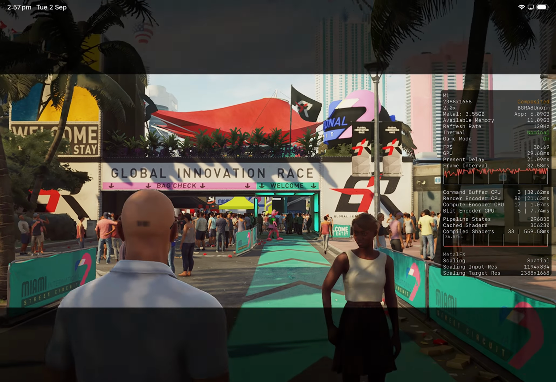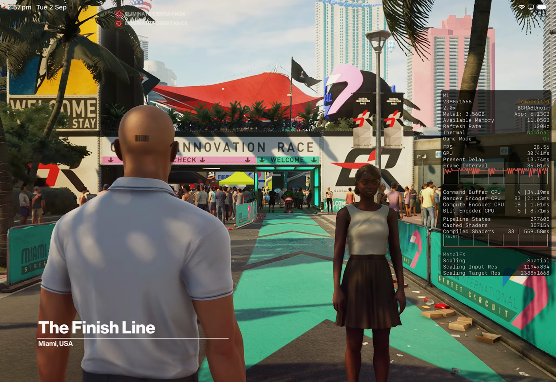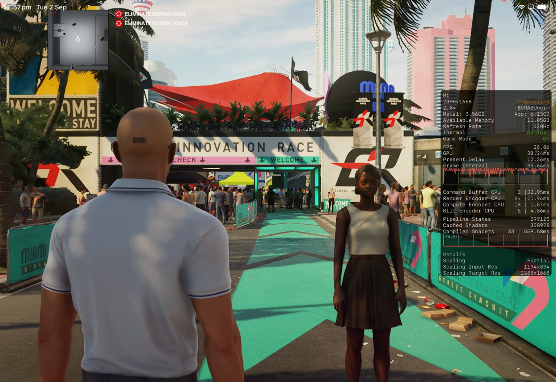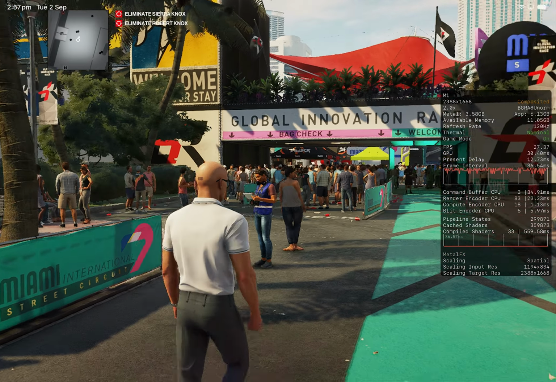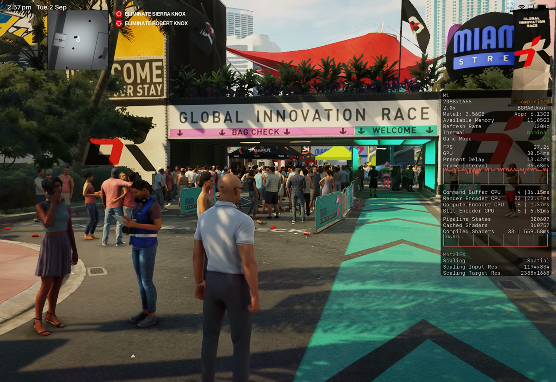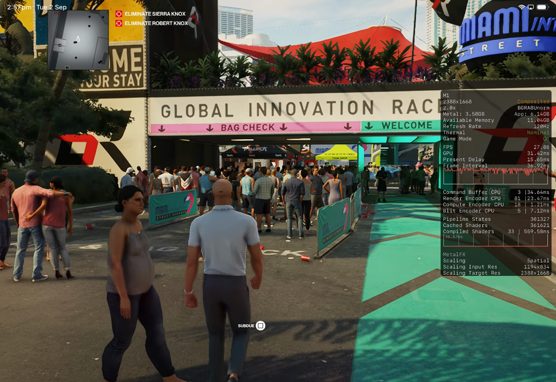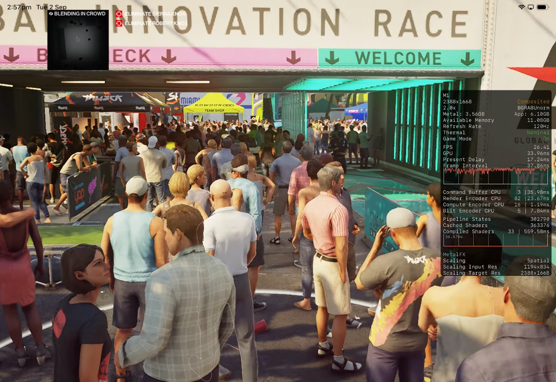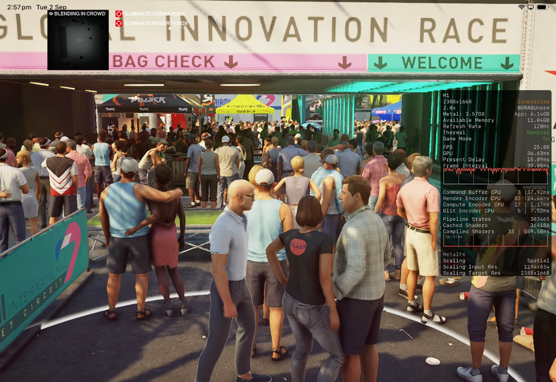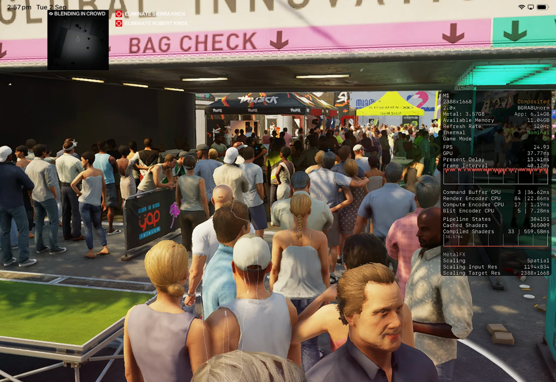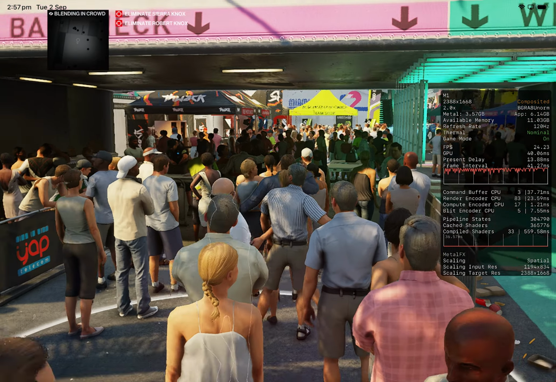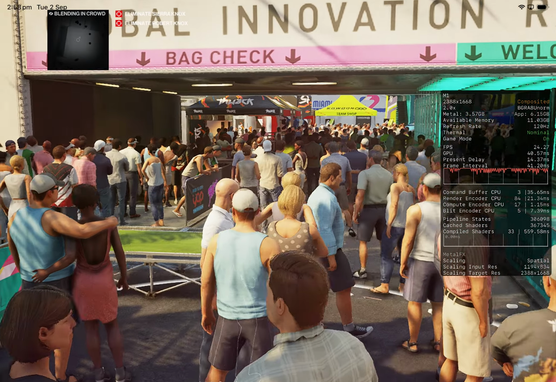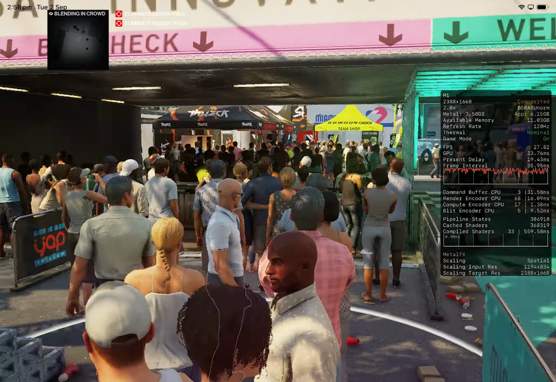Hello, hello, hello. So here we are at the location, the finish line, in Hitman 2. Now, as per all my other videos, this scene is really, really hard to run on mobile. And this is likely due to the insane amount of NPCs here. And I think the game is CPU bottlenecked here, because if we look at the CPU metrics and the metal HUD, they are pretty high, which is making pulling off even 30